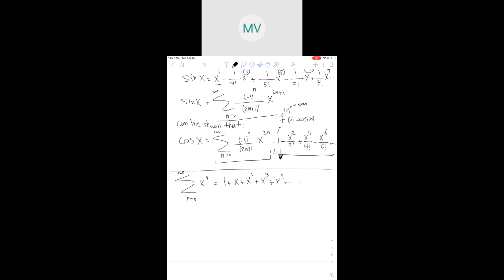That type of series has a name. That was the first type of series we even talked about in chapter 10. Yes, it's geometric. First of all, the rate here is x, right? So this power series is indeed a geometric series